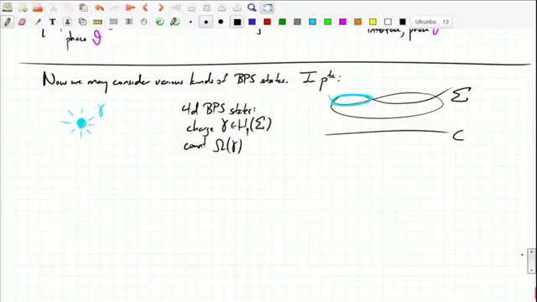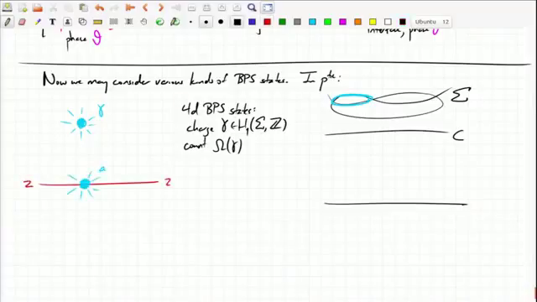Okay, but now we can have something new because we have this surface defect in the story. Because we have this surface defect in the story, we can consider BPS states which just live in the theory on the surface defect. So BPS states which are constrained to lie on the defect. So think of them as being sort of beads which are attached to this string. And they also carry a charge, but the charge that they carry is a little bit subtler. So the charges that they carry turn out to be represented by, maybe it's not so surprising, they turn out to be represented by,